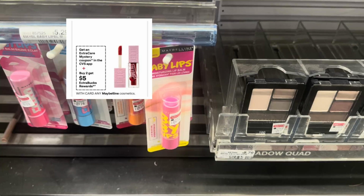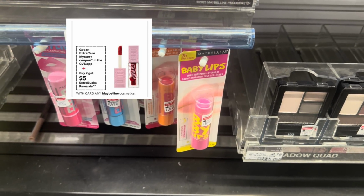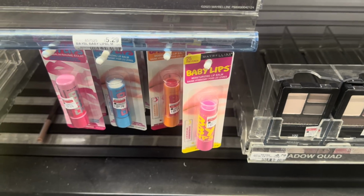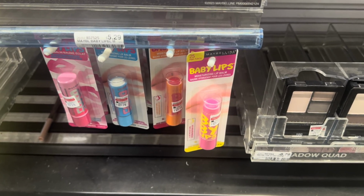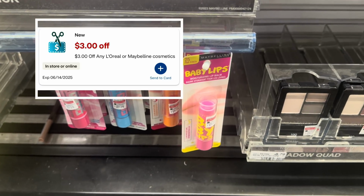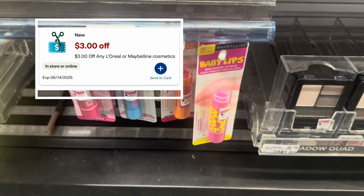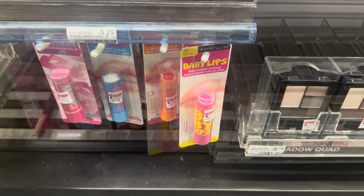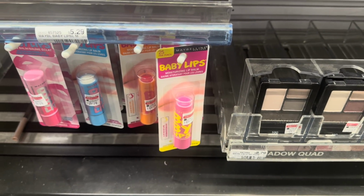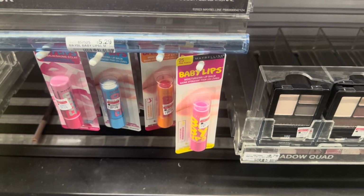The next cosmetics deal I have is buy 2 get 5 back on any Maybelline cosmetics. Pick up 2 Maybelline baby lips, priced at $5.29 each, and they will total $10.58. We have a $3 CRT that everybody received, and this CRT is for both Maybelline or L'Oreal Cosmetics. Using the $3 CRT, it will drop it down to $7.58, and you get 5 back, making them just $2.58